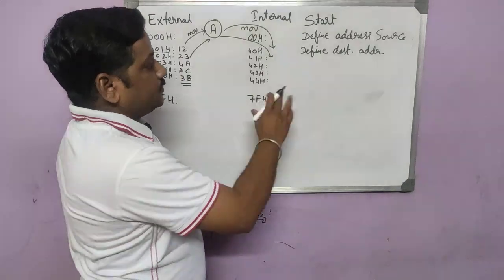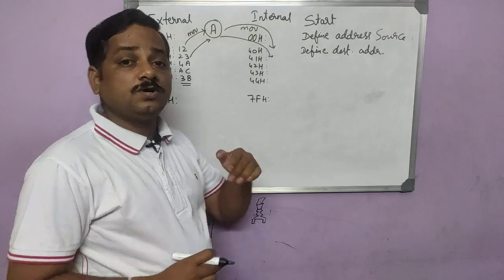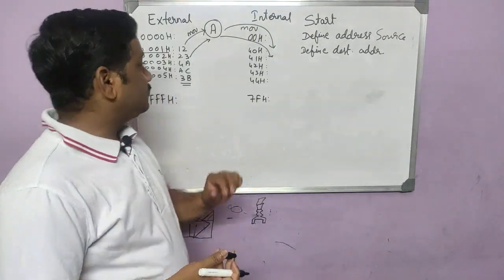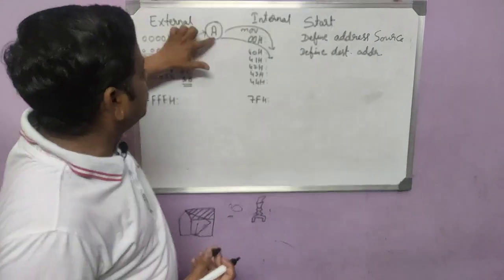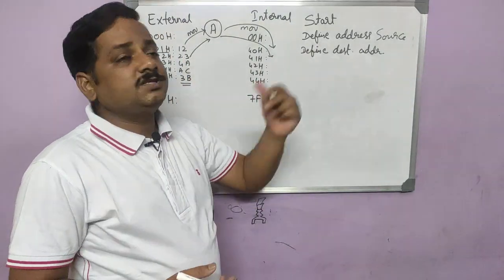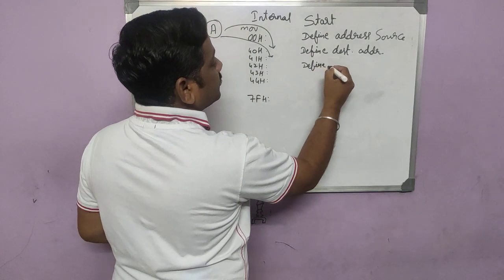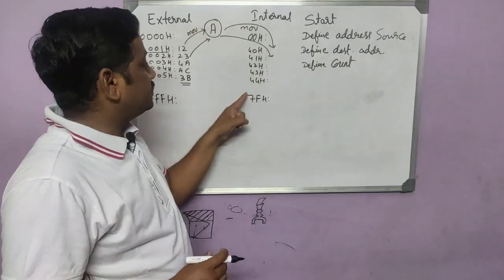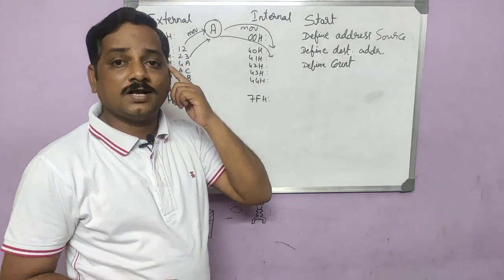After doing this, we need to make one more definition: how many numbers you want to move. In the question it has been mentioned that I should move 5 data. So I should mention that I want to repeat this concept 5 times. If you want to move more than 5, you just mention that number. So define the count, so that 5 data can be transferred.